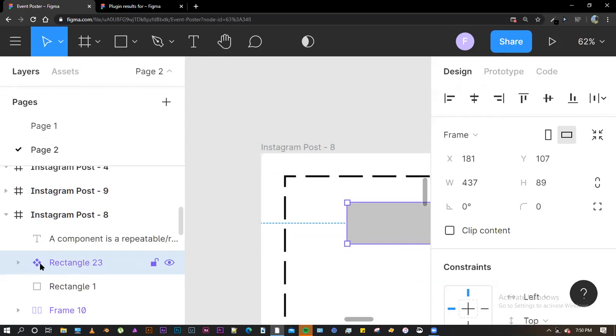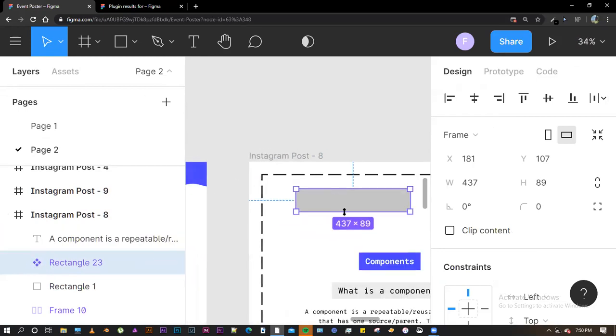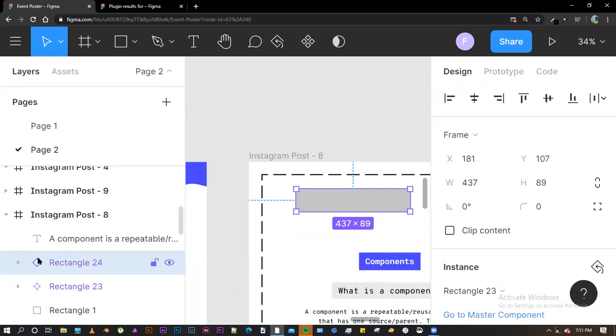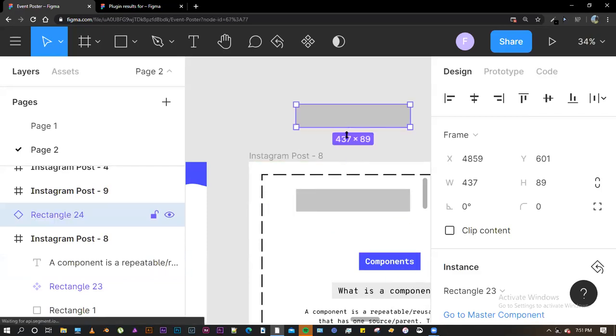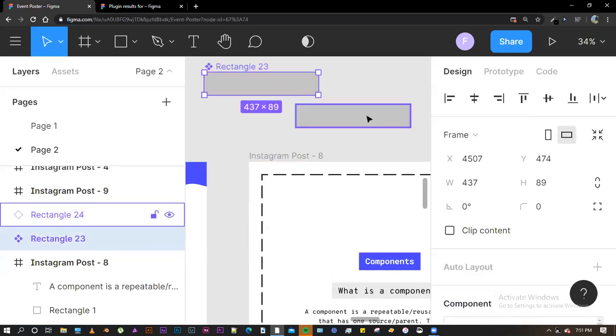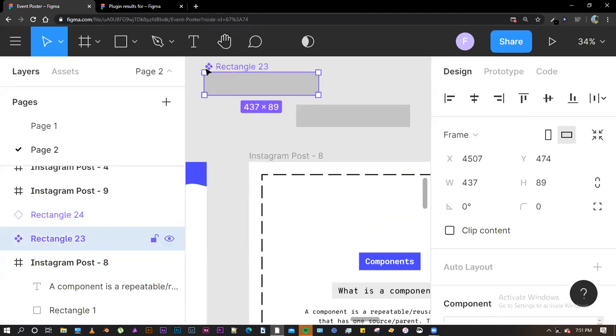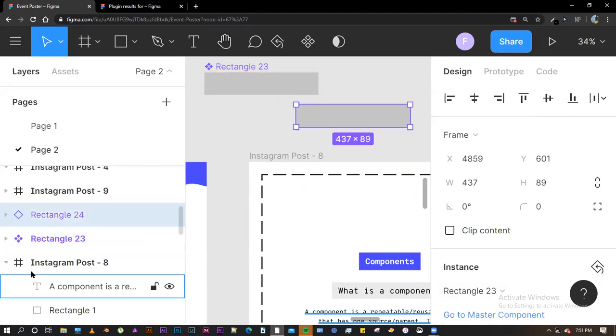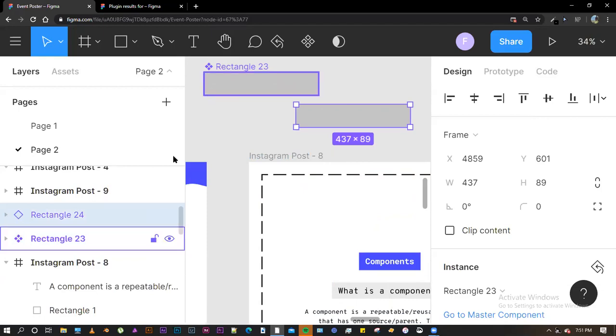Okay, so this means this is a parent component. All right, and if I duplicate it by pressing Control C, Control V, this one has an empty rectangle. So this means this is a child component. So if this is a parent component and this is a child component. All right, this has a filled square, and this one on the left-hand side, as you can see, would be an empty square.